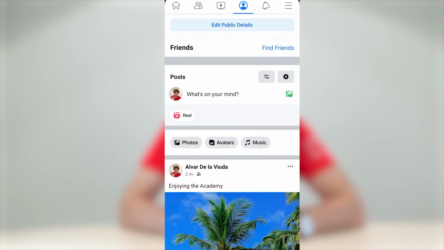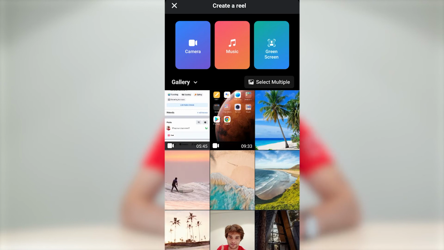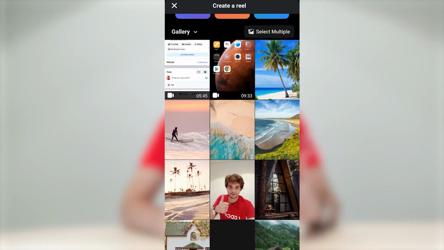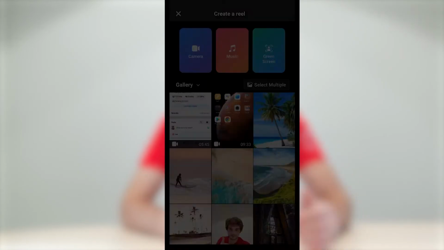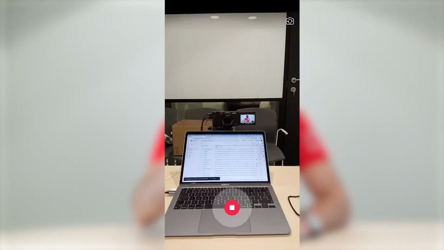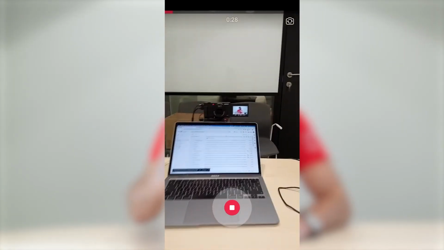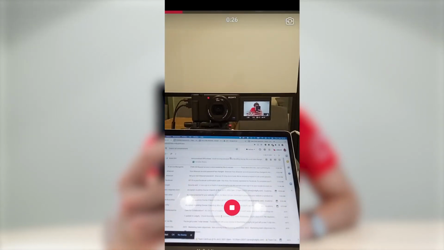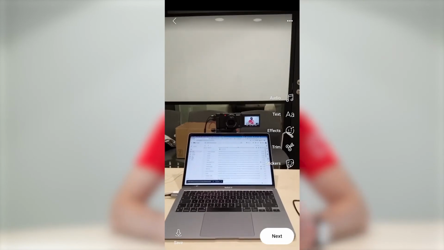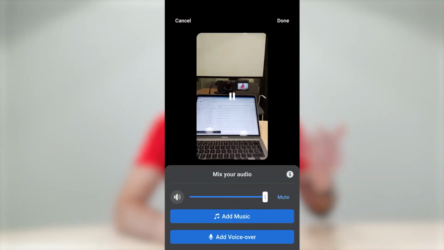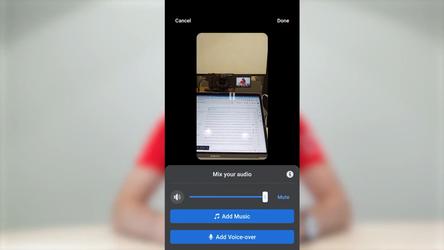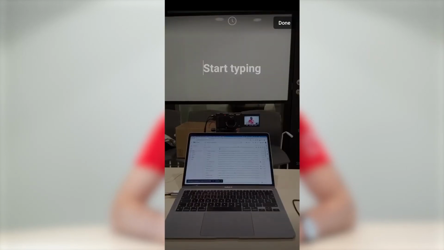But look at this, we can also create reels. So you can choose from a picture or video from your phone gallery, but you can also create a video directly through here. So for example, like this. Let's do a nice making of this academy video here. Nice. And now you can see we can add some audio, so a voiceover or maybe some music, and we can add some captions.